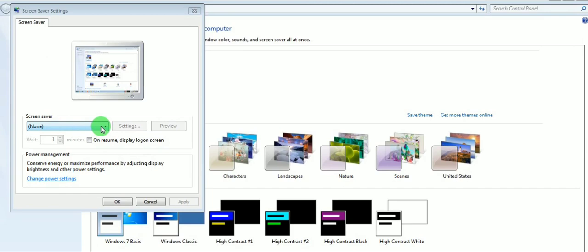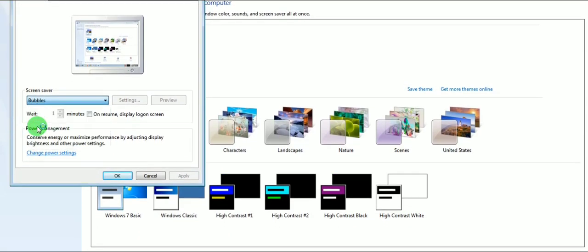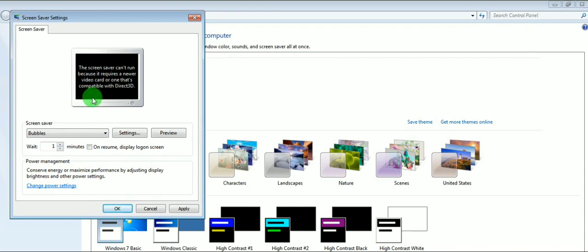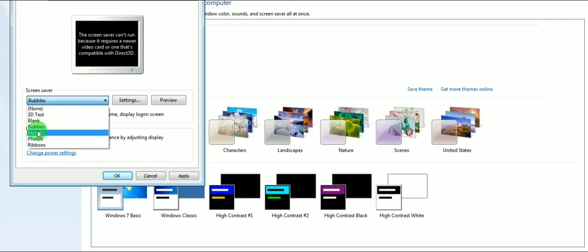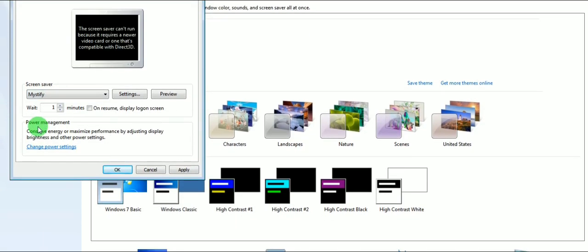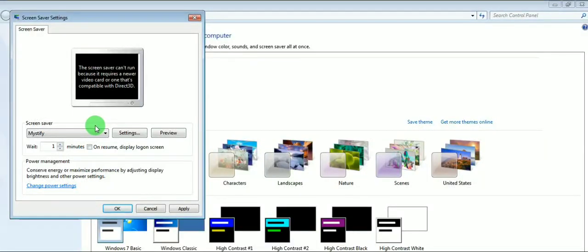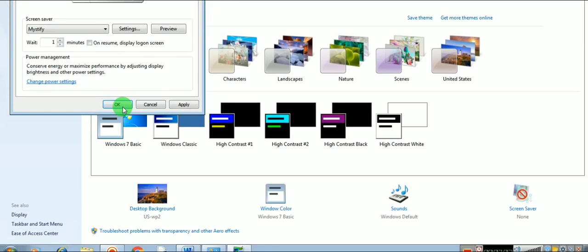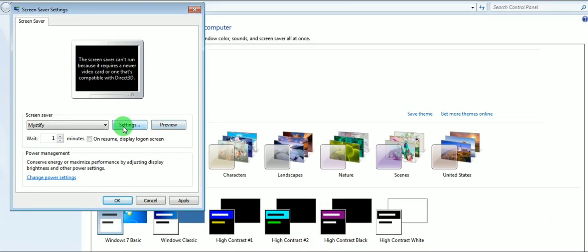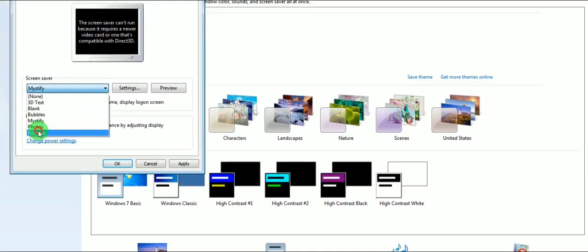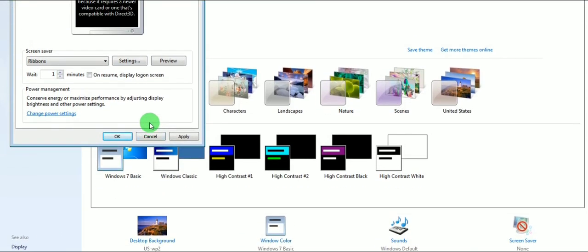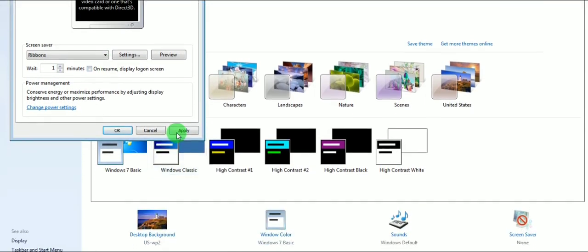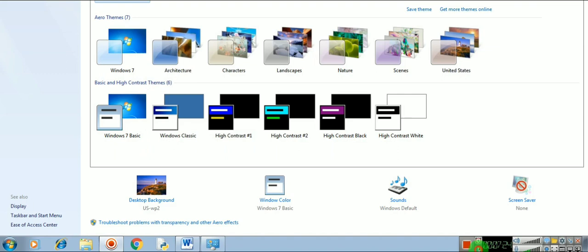Now children, you can see here, you will select the screensaver that you want. Now what is a screensaver? It is a moving picture that appears automatically on your computer when your computer is idle. To bring back your desktop again, you just move your mouse or press any key on the keyboard. Fine. Now I am not able to show you this screensaver because I don't have a video card in my computer, so it is not showing. But you can use all these options on your computer.